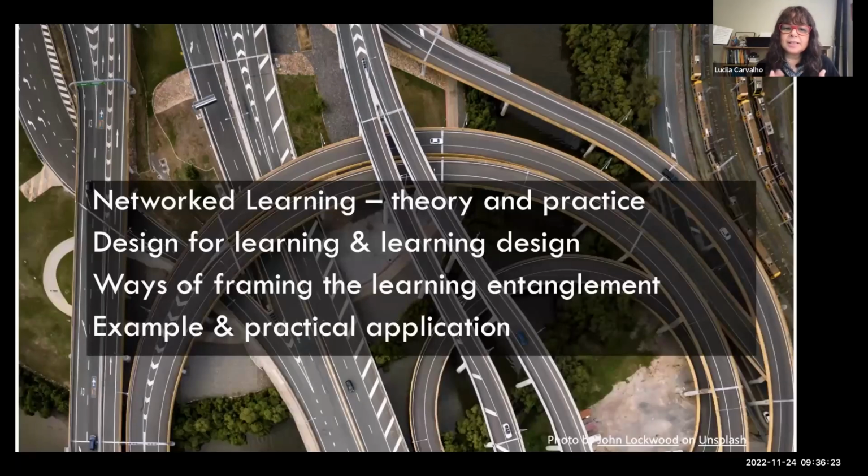So I divided this session today in 4 parts. So first, just a quick overview about networked learning and a little bit about the assumptions and principles that underpin the practice of networked learning as a field of study. And then more specific about how that impacts design generally, and then more specifically how it needs some